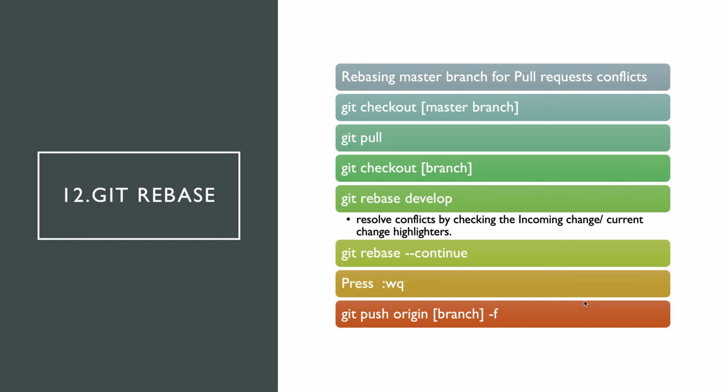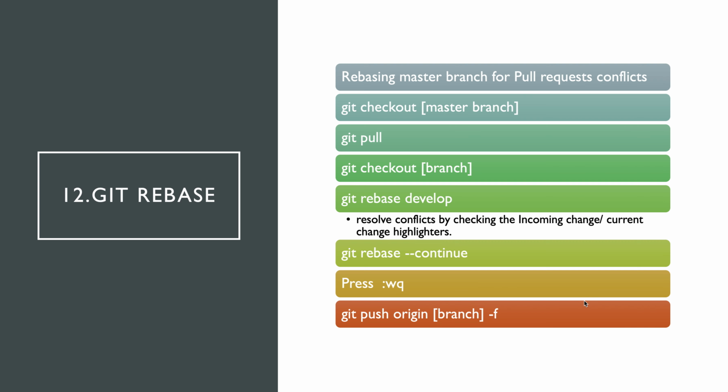Okay, now git rebase. You have done a change in this add user details page, and some other person has also used this add user details page, but for some other purpose. Now when both your changes are going to the repo, it is going to raise conflicts, because you both have done changes. So you have to rebase it. The easiest way is to